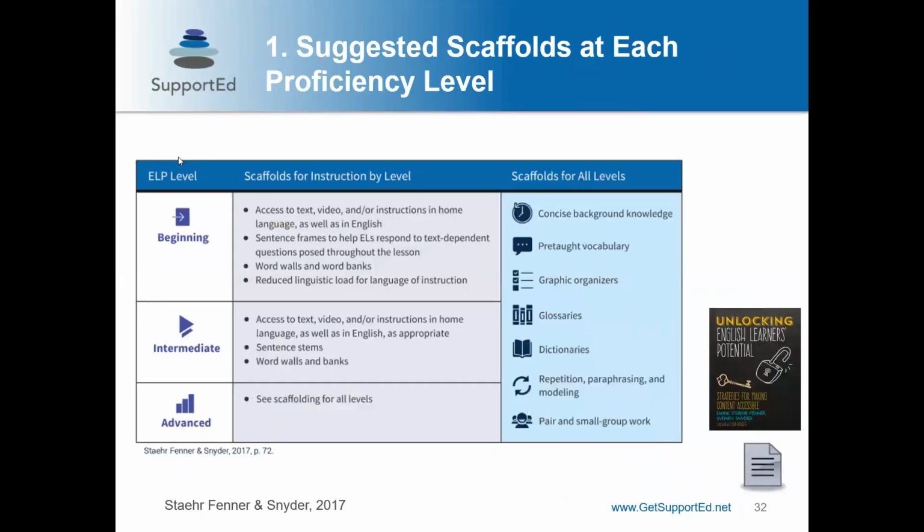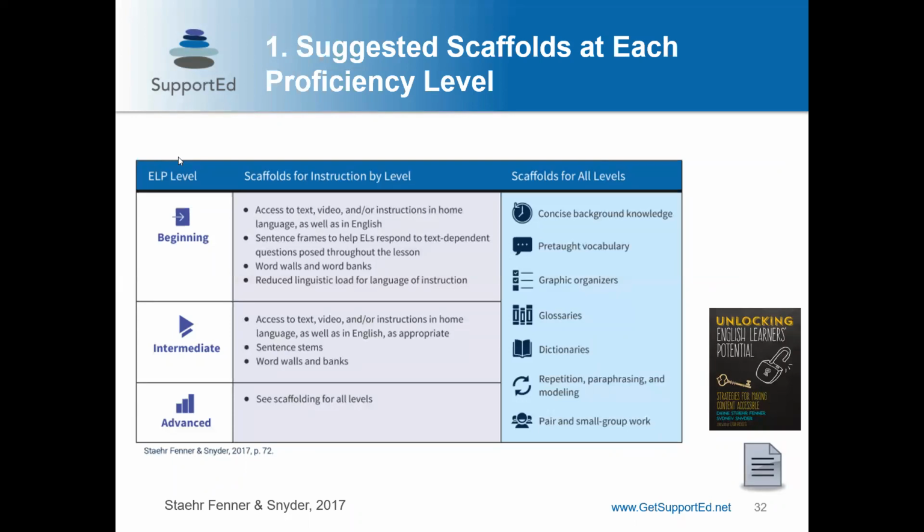The next tool in this area of inclusive programming is just a quick guide for suggested scaffolds at each proficiency level. And again, this is in your handout as well. And this is a tool that you can share. If you're an ESOL teacher, you could share it with content teachers to start thinking about where and how you can scaffold depending on English language proficiency level. And this is a resource in our book, Unlocking English Learners' Potential, page 72, if you happen to have it in front of you,